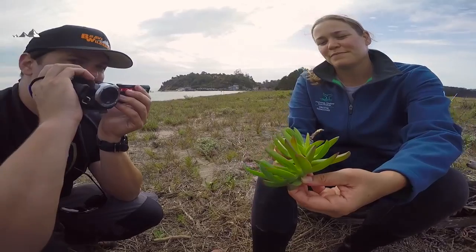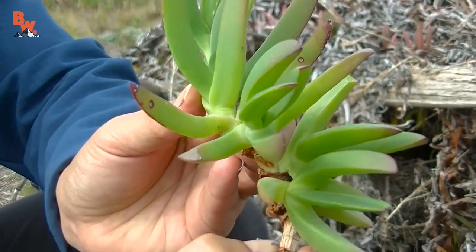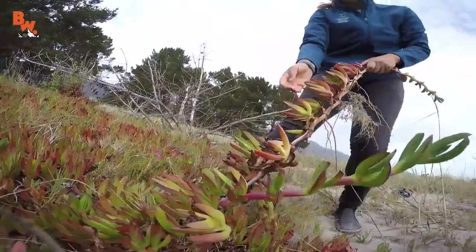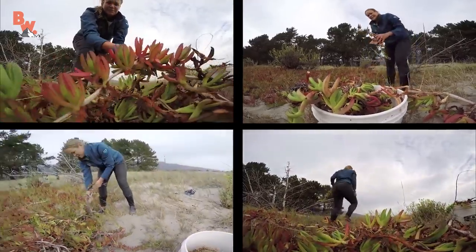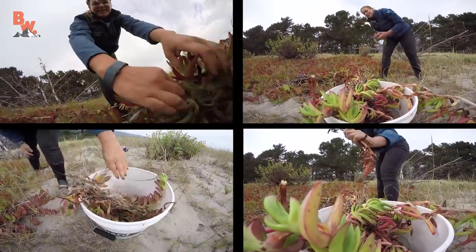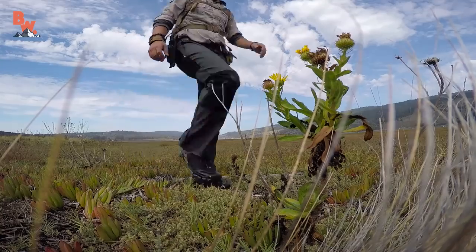So when they soak up all of that salt water, they start to dry out and the nutrients run out of the plant, and they go from this healthy green to a more unhealthy red or yellow color, and then they're easier to pull up out of the ground. Kate spends the majority of her days protecting Kent Island against the ever-invasive ice plant. And while we could have battled these invaders forever, it was time to continue our search for animal inhabitants, where